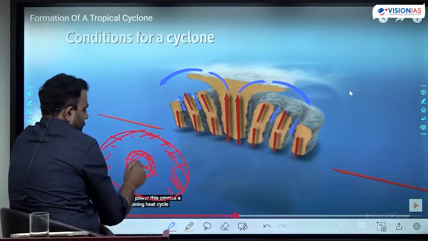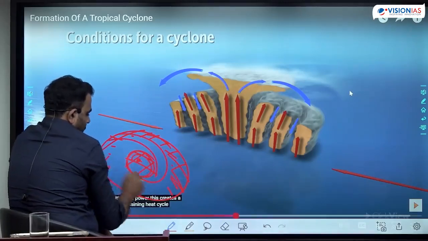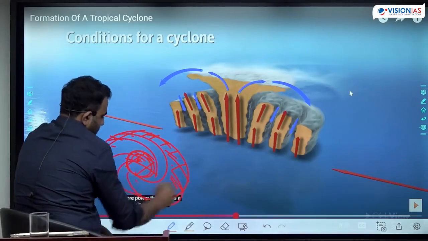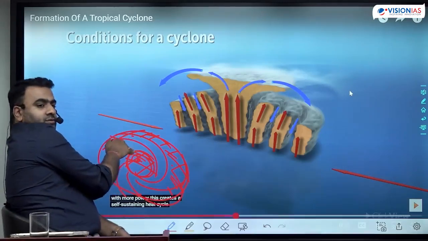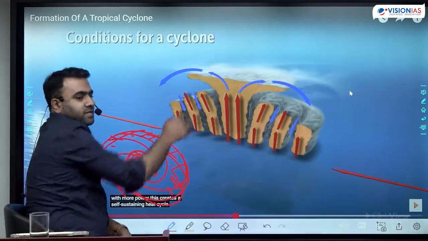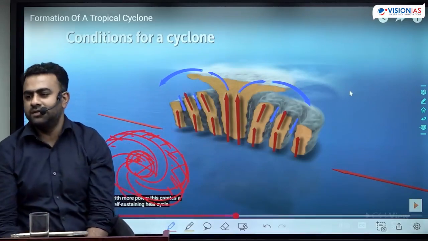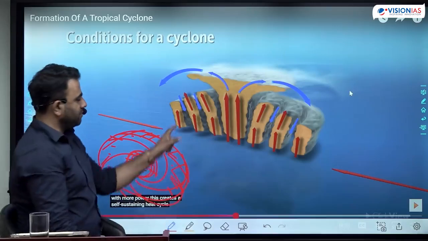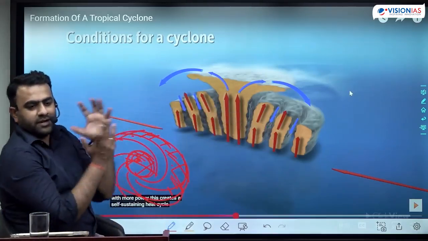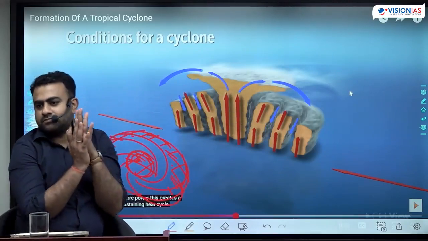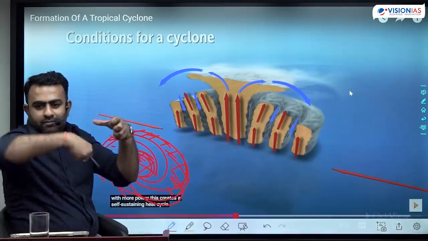Here there are clouds, thick clouds. Then from here it will come like this, and from here like this, and bands will form. Why? Because the air which is rising here is subsiding here. Where there is subsidence, the clouds will clear, right? The subsiding air will not result in cloud formation. So here it is clear, here it is clear. In between you can see the clear sky. That creates gaps. Therefore it appears like bands.